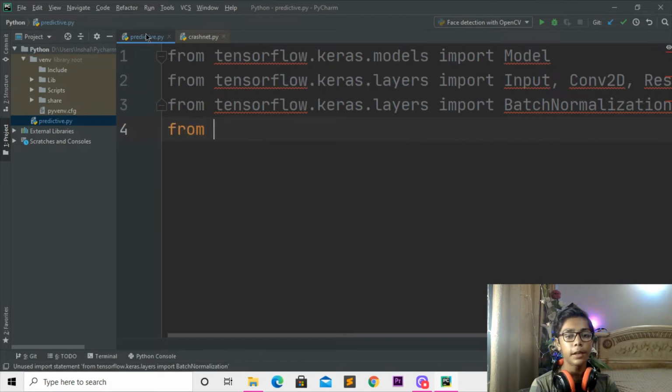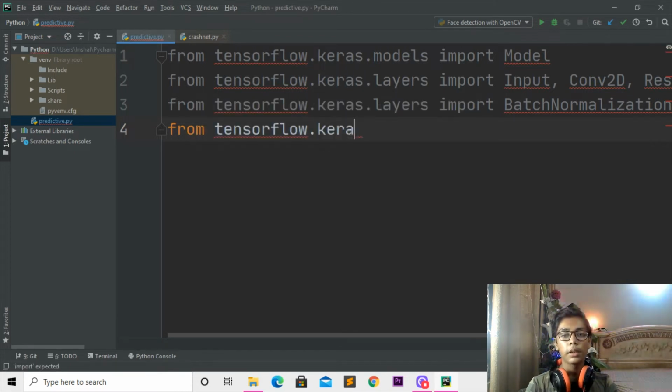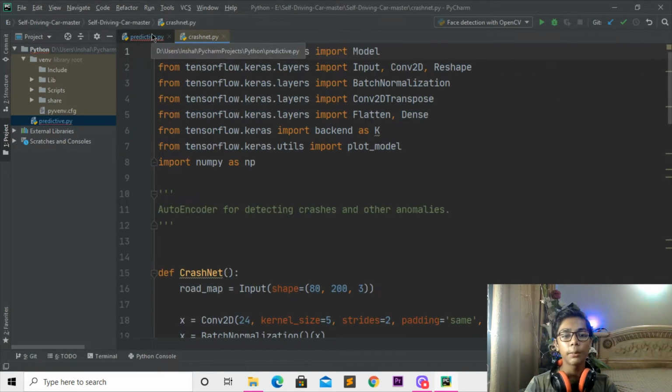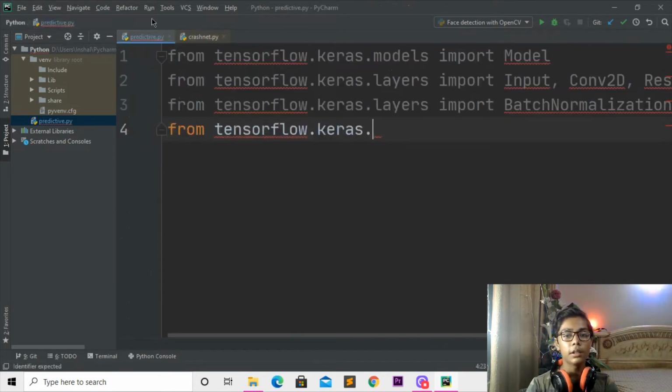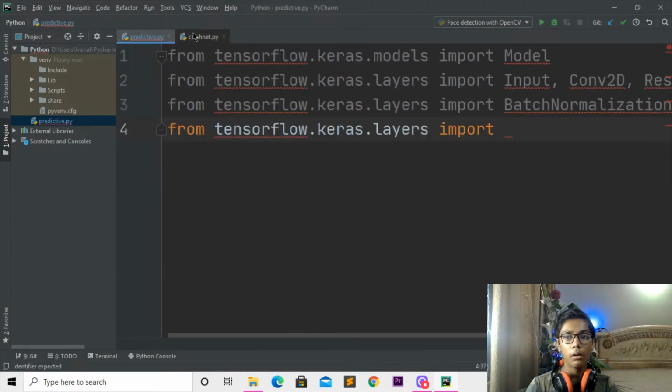So I'll be coming here again, writing from TensorFlow dot keras again. So when you've done with that, before that I'll be closing this, then I'll be writing that, then writing dot again. If I move to this crashnet.py, you can see now there is written layers again. So here I'll be writing layers, then I'll be importing another thing. If I move forward, you can see after that we are importing